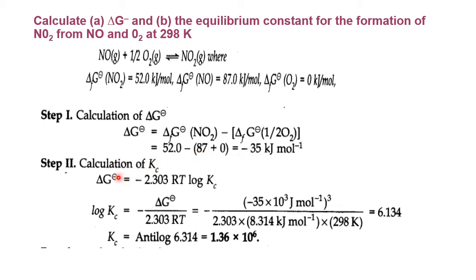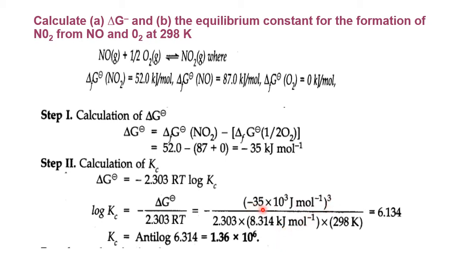Okay, right. So now delta G naught equals minus 2.303 RT log Kc. This equation you have heard in the theory session. So log Kc equals, transferring this, delta G naught by 2.303 RT. What is delta G naught? Just now we have calculated. It is in kilojoules. Make it to joules because the R value is in joules. So let us make it joules. This already you have made 3. Now for this kilojoules again you have to make 3. So that's why it is taken here thrice.